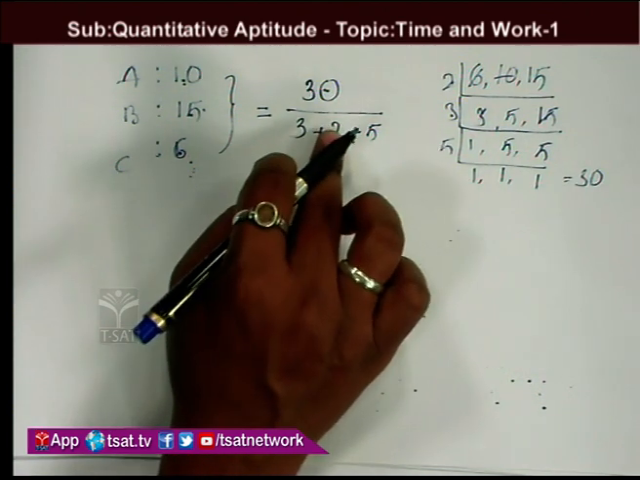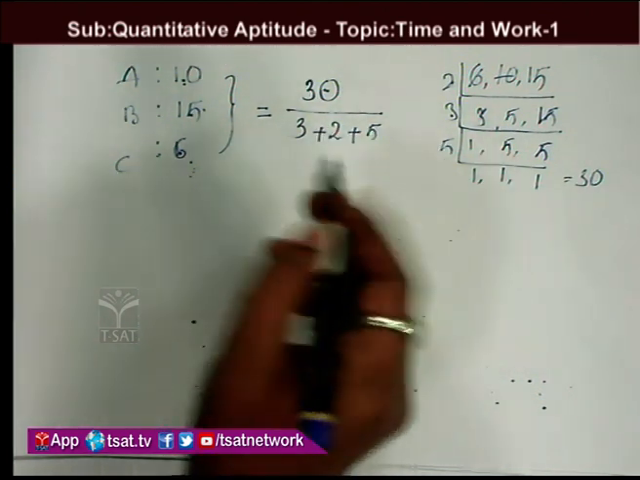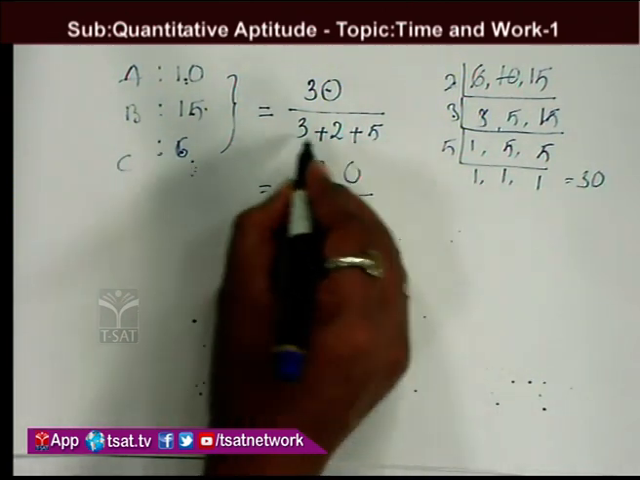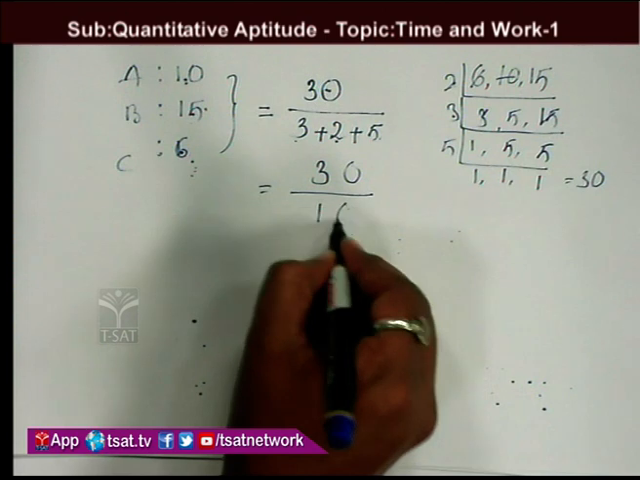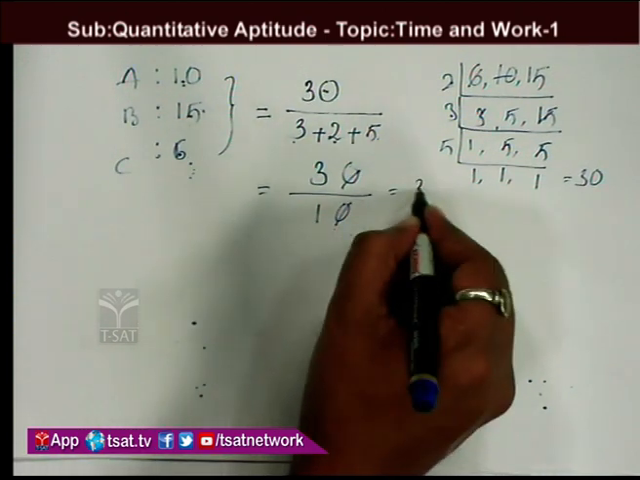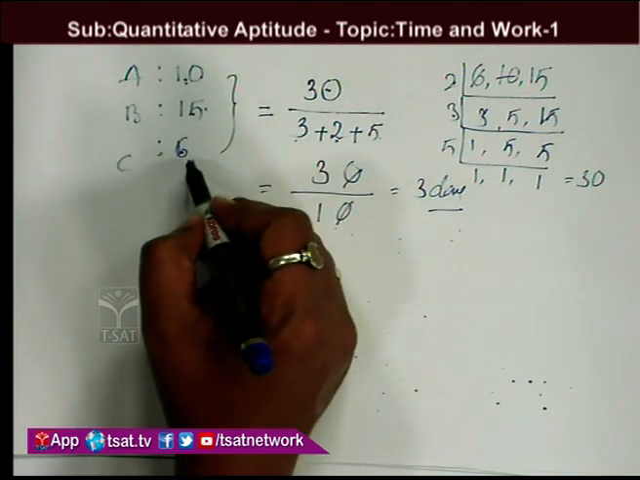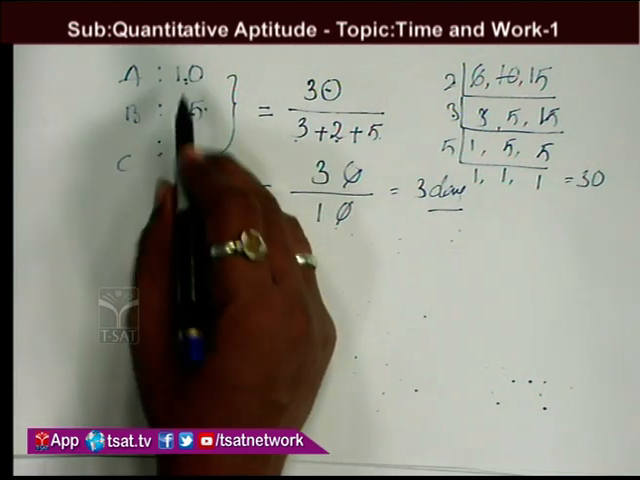So, it is 30 by 3 plus 2 plus 5, 5 plus 5 is 10. The work will be completed in 3 days. So, this is A, B, C. When we have the 3 values, and they are working together,